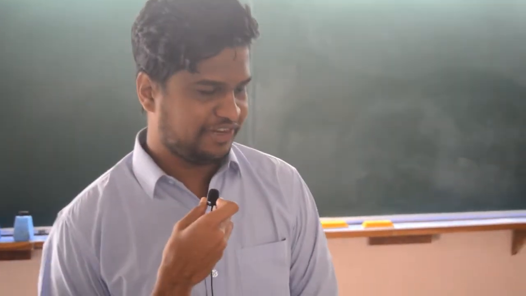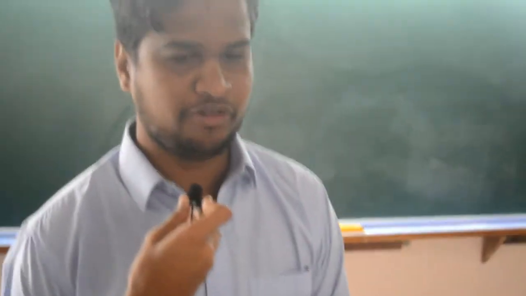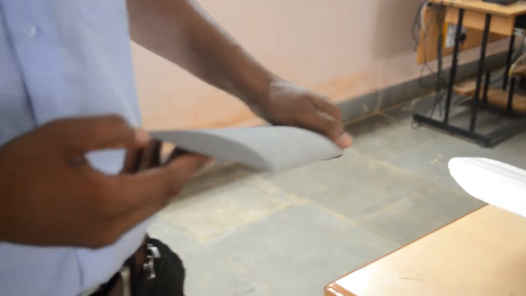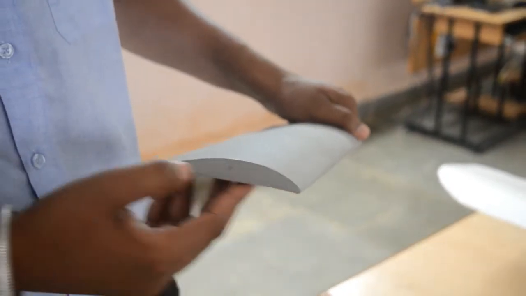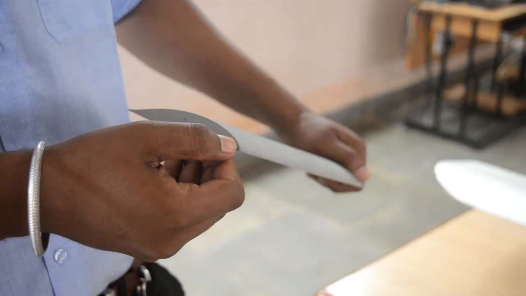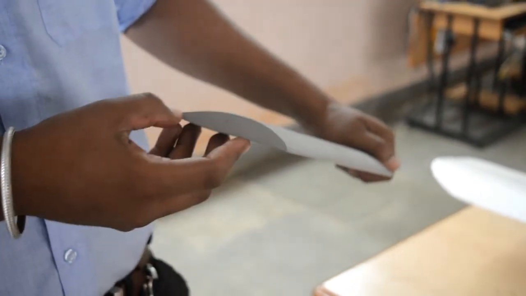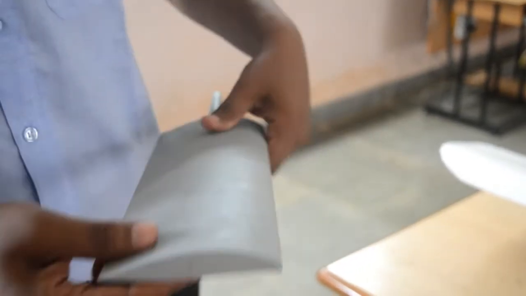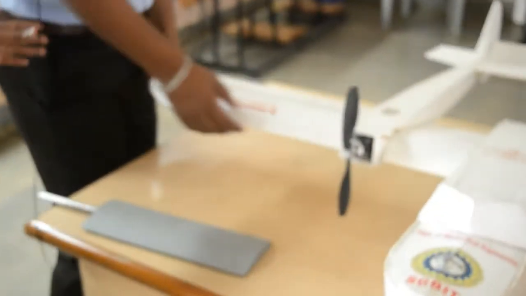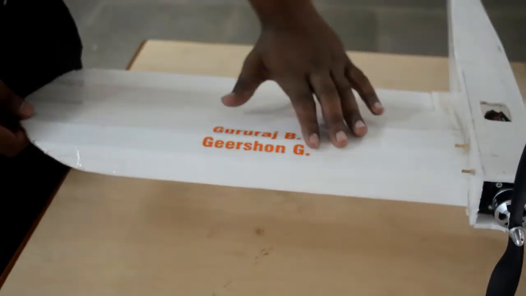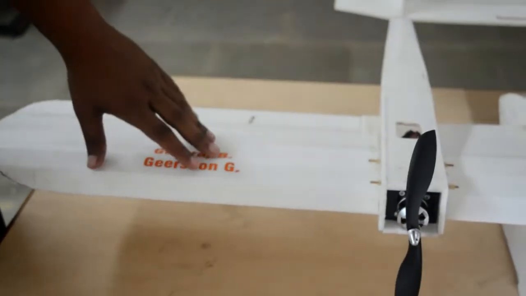So, as my friend said, lift is produced by the aerofoil. I will explain how an aerofoil is made. This is a prototype of an aerofoil. The aerofoil is defined by the leading edge and trailing edge. The straight-line distance between the leading edge and trailing edge is the chord length, and the actual distance is also known as the camber length. It has upward camber and downward camber. The aerofoil in our model is this, and n number of aerofoils make a wing, which helps in the lift or flying of the model.